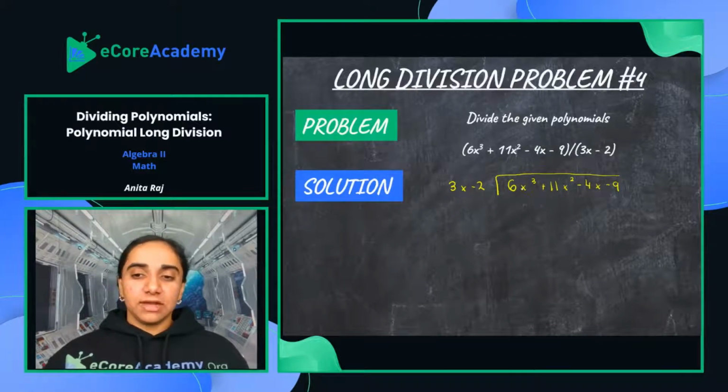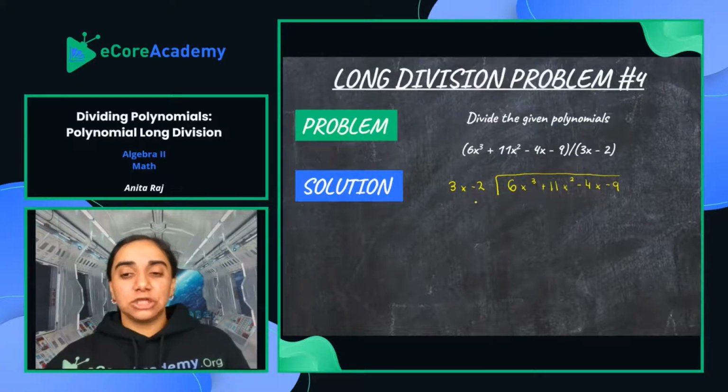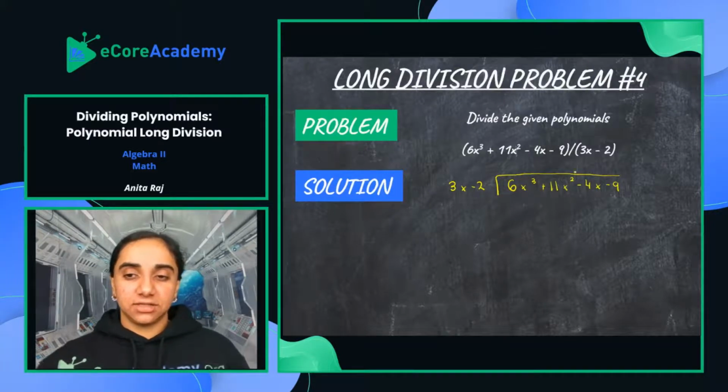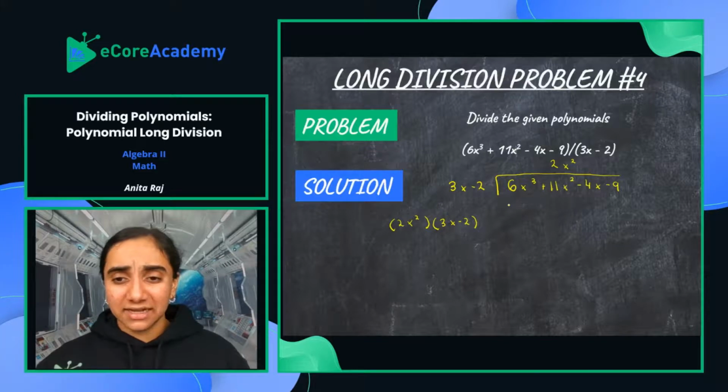Now we're going to look at 3x and 6x cubed. 3x can go into 6x cubed. Well, 3 can go into 6 2 times. x can go into x cubed 2 times. So 3x times 2x squared is going to give us 6x cubed. So I'm going to write 2x squared over the 11x squared because they're both quadratic. And if we multiply 2x squared times 3x minus 2, we're going to get the expression 6x cubed minus 4x